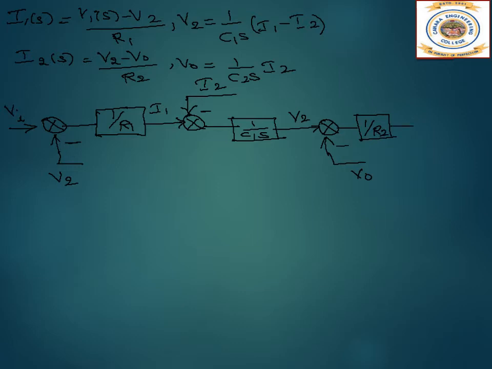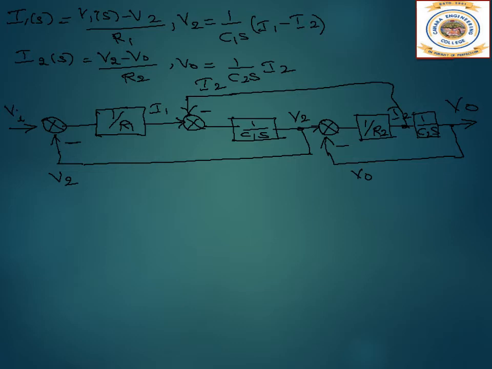This is also minus. The last one, V0, is equal to, so here we have I2 times 1 by C2S. This is 1 by C2. Yes, so here we have V0. Now let us connect the things over here. This is coming from V0. This is coming from V2. Where is V2? Here. So we take this and connect it over here. This is coming from I2. Where is I2? I2 is over here. Alright, so now we have drawn the